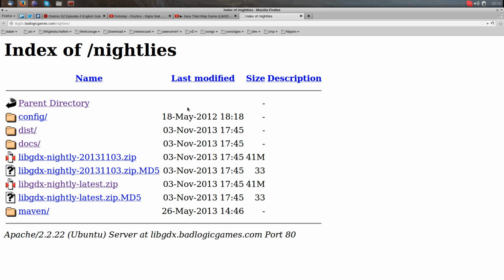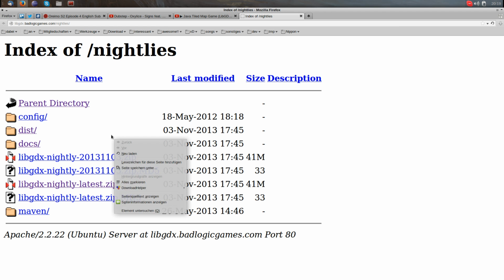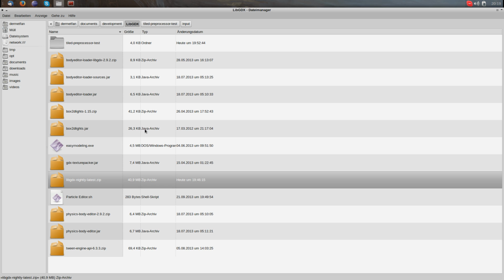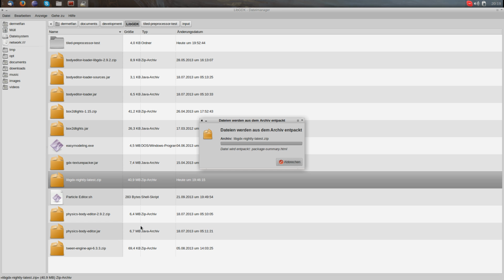So the first thing you want to do is get the latest nightly build, or if it's in the current stable one, you can also get that one, but I always recommend getting the latest nightly one. You download that and put it in some folder. I got it right here. I'm sorry that you can't really read it, but this is libgdx nightly latest.zip. Then you want to extract it,